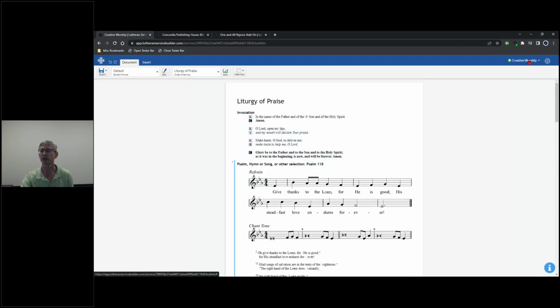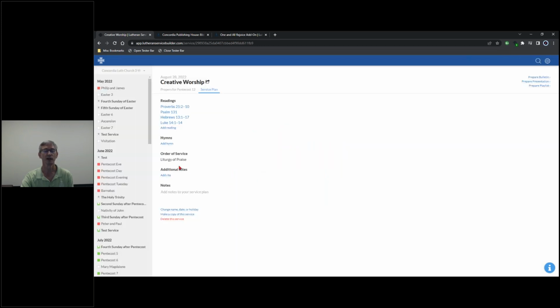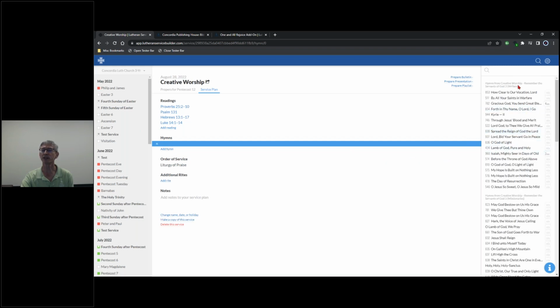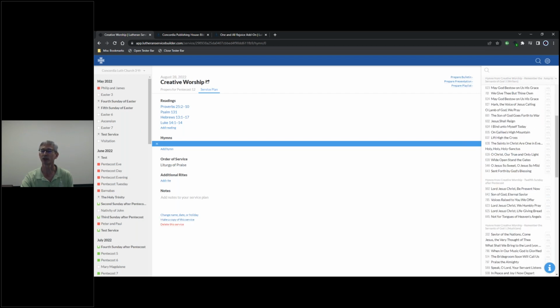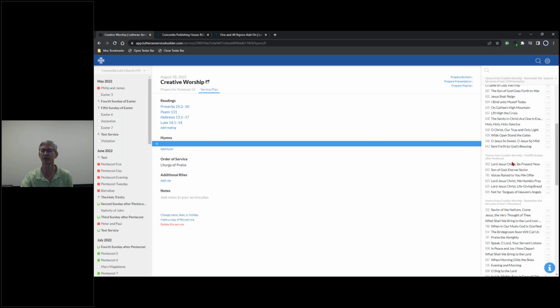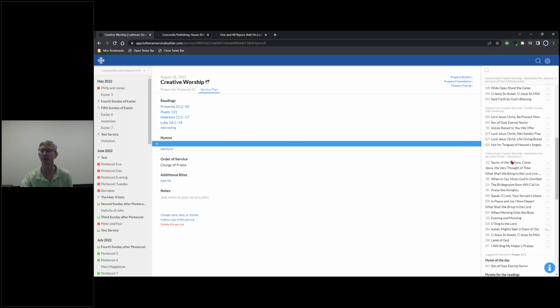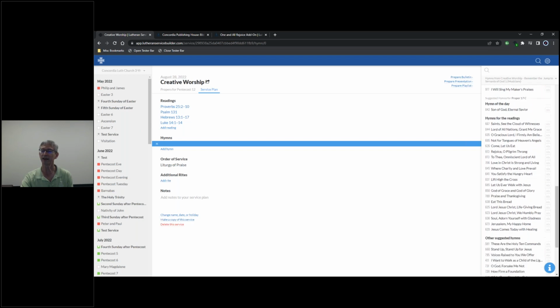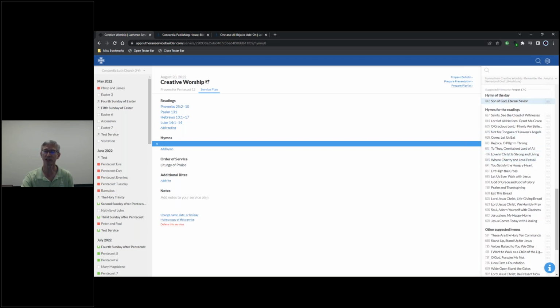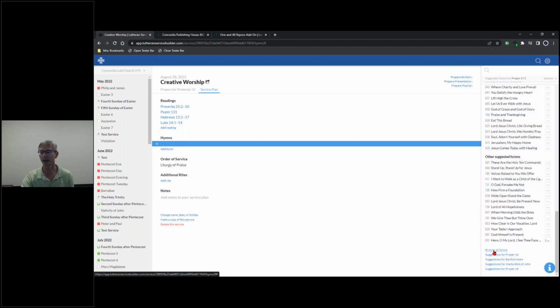Let's go back to the service plan here, because there are some additional options with the One and All Rejoice hymnal. When you click on Add Hymns, this gives you the additional hymns that are listed in creative worship, now at the top. We have a section again for creative worship. I think there were 3 orders of service for next weekend that are possible from creative worship if you have that subscription. Then the hymn search panel looks the way that you're used to it, having the hymn of the day, hymns for readings. And if you then go to the bottom and select the link to browse all hymns,